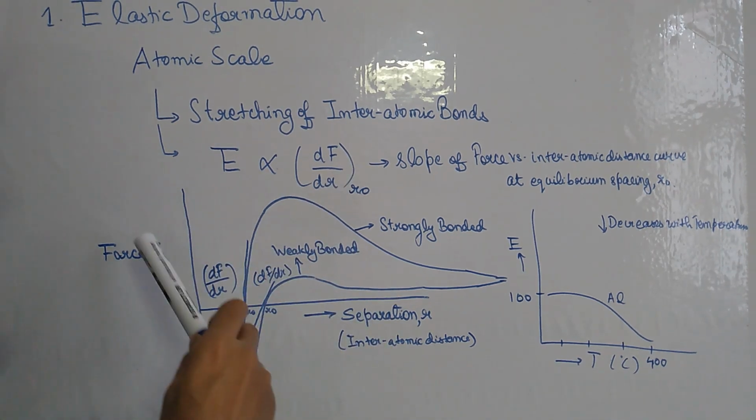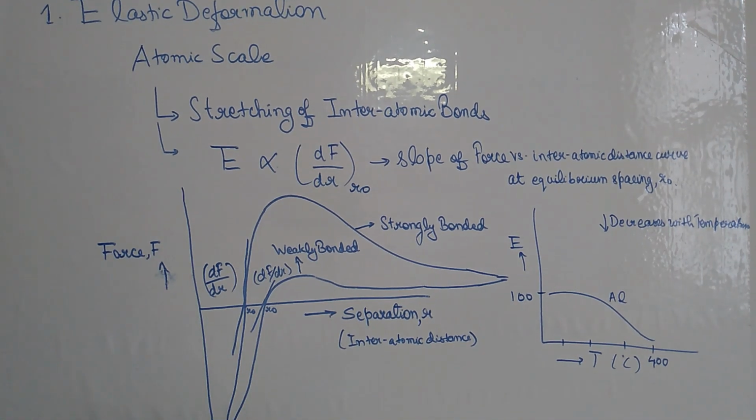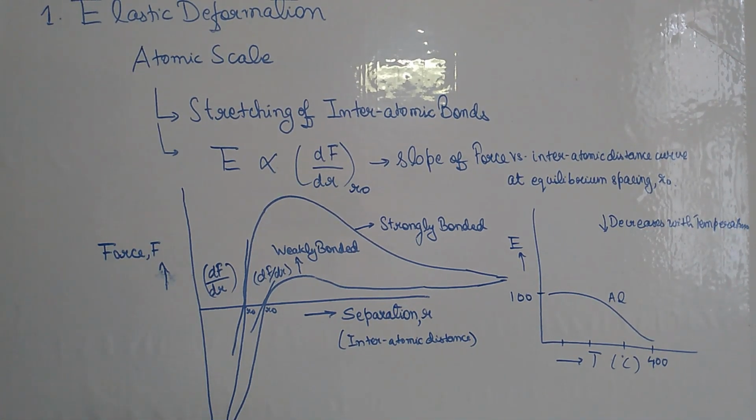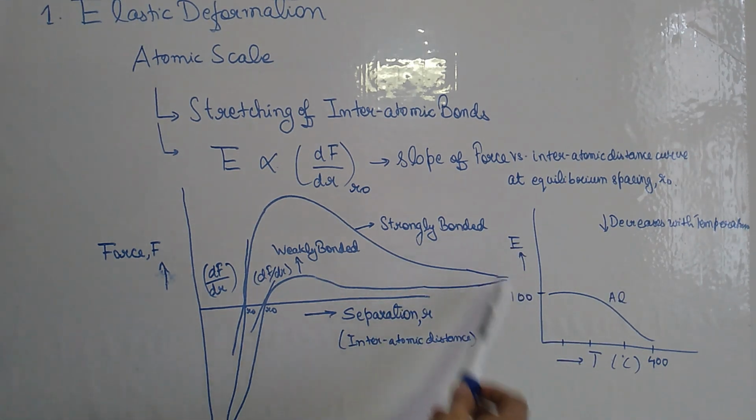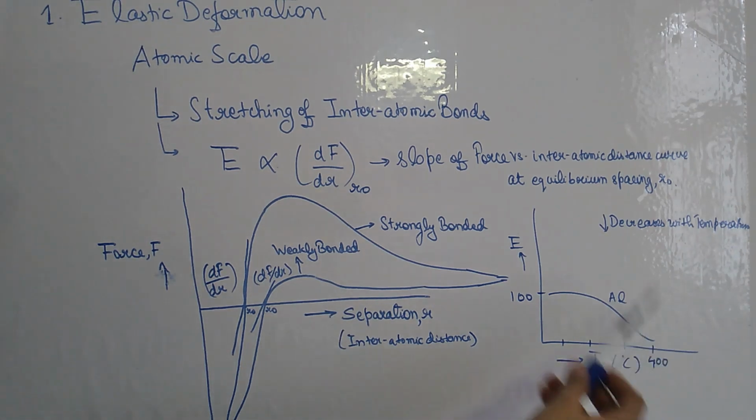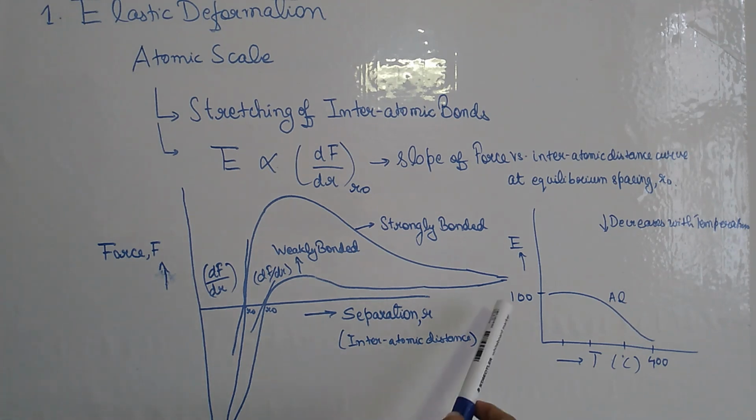So this elastic modulus is dependent upon the atomic or microscale properties of the materials. Also, this constant decreases with temperature. You can see for a representative material, aluminium, it has a typical room temperature elastic modulus of 100 GPa, but at temperatures close to 400 degrees Celsius, its elastic modulus sharply decreases to less than 50 GPa. So we can say that the properties of materials in the elastic regime are highly dependent on temperature.